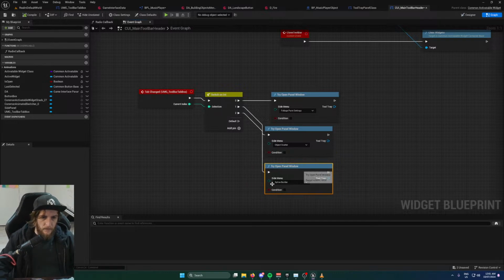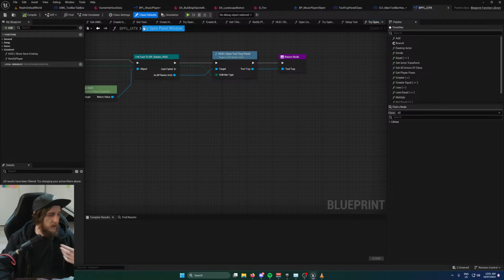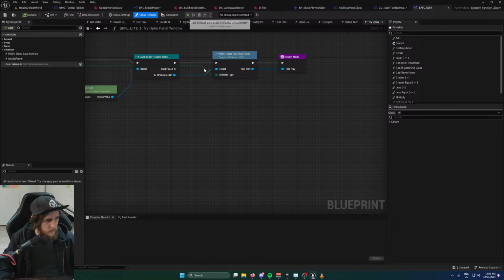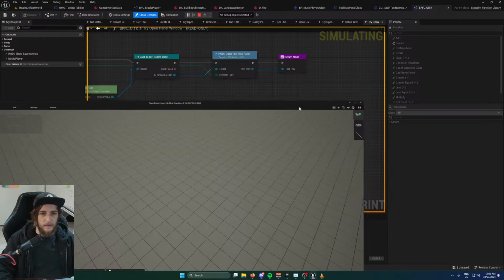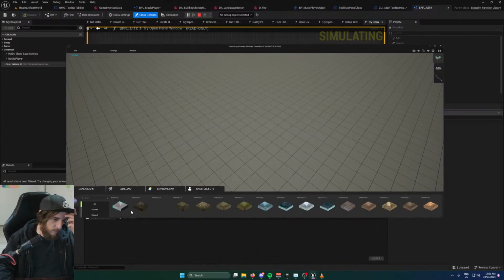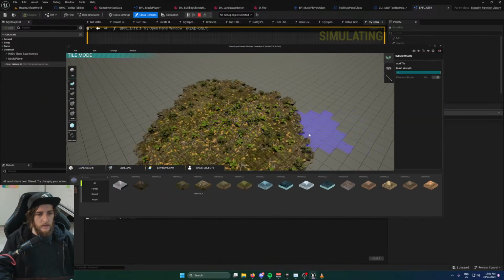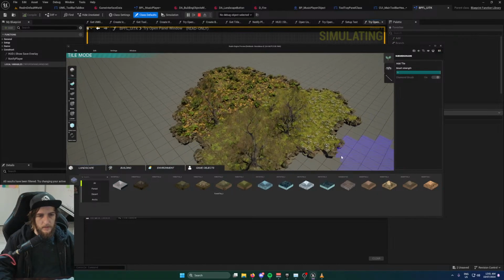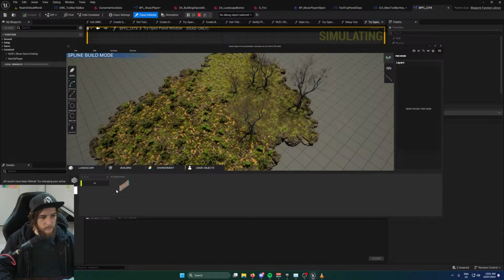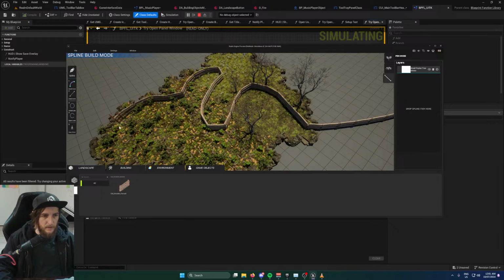Sick. Alright, cool. So we can open the spline panel window, which should let us drop that spline tool in. Let's just make sure that's the case. So yeah, we paint that on, or we paint on whatever ones we have, and we go to paths, add the path, and you'll see this is just